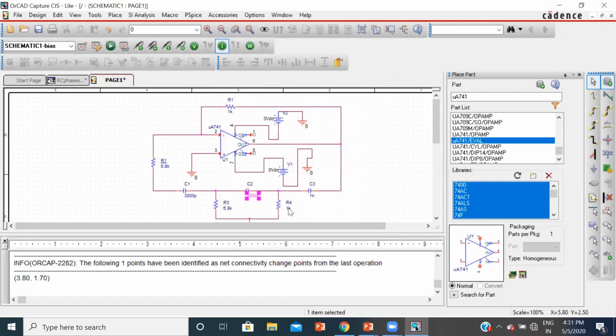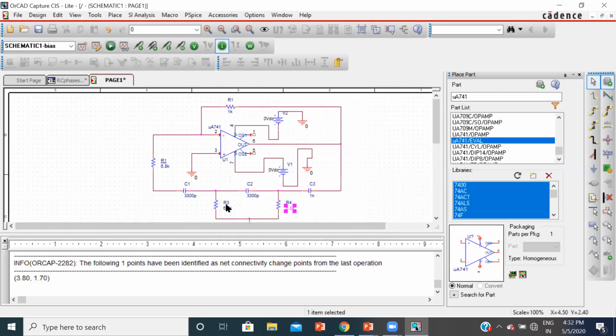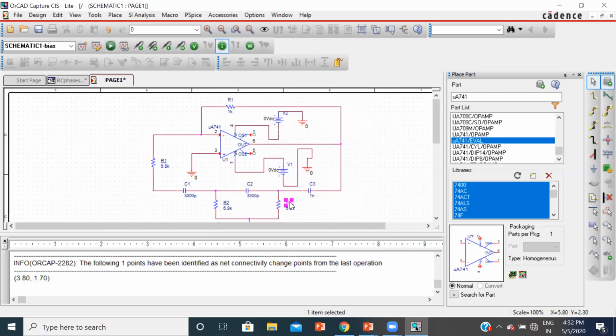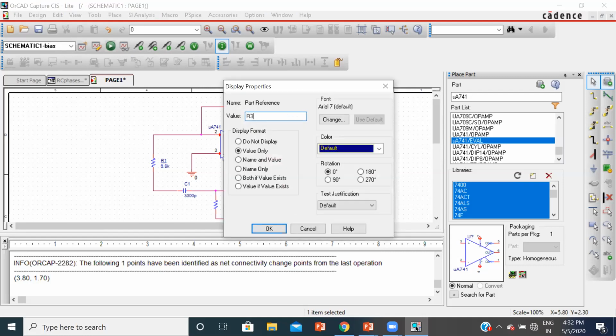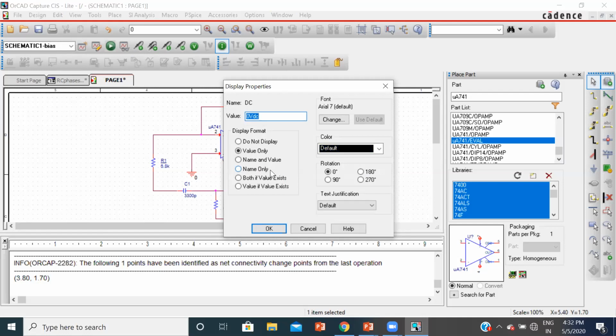And then this is 6.8K, and then this is R2. And this is R3. Click on OK, and this is C1, C2, C3. It will be the same. This is plus 12 volt.